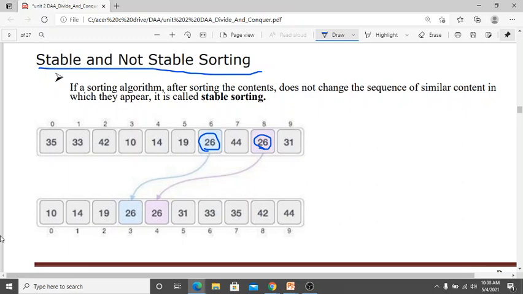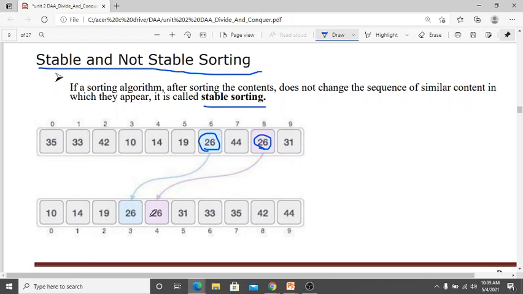When you are doing sorting, which 26 is coming first? The first 26 is stored first, and the second 26 is placed in the second place. That means it is a stable sorting.